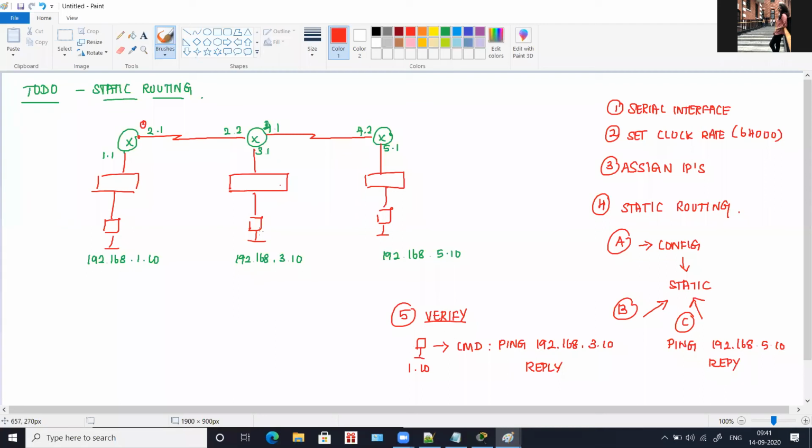Same way, go to this computer 3.10 and try pinging 1.10 and 5.10. You have to get a reply. And from this computer, try pinging 1.10 and 3.10. You have to get a reply. So now you have connected all the routers and you have established communication between all the three routers. So this is the assignment which you're going to do today.